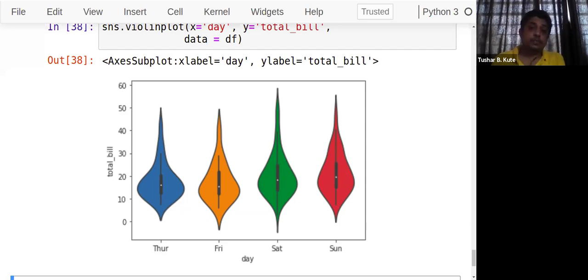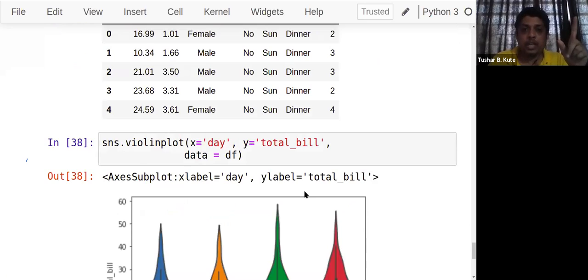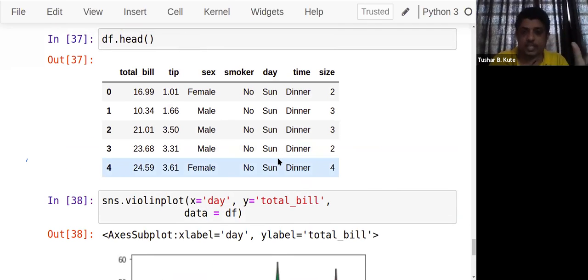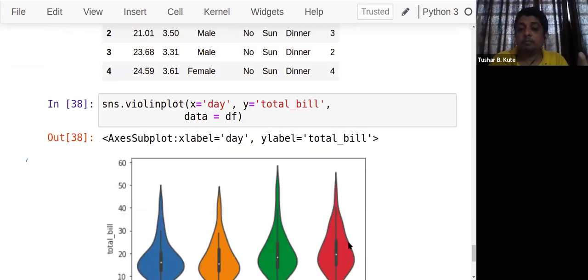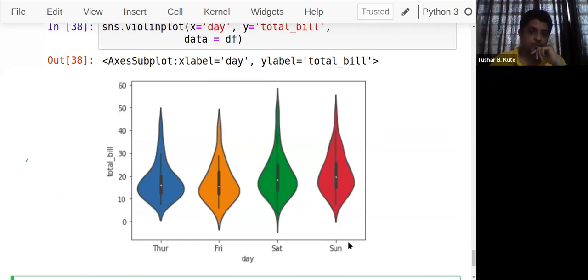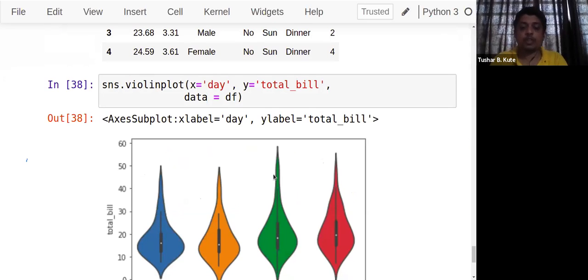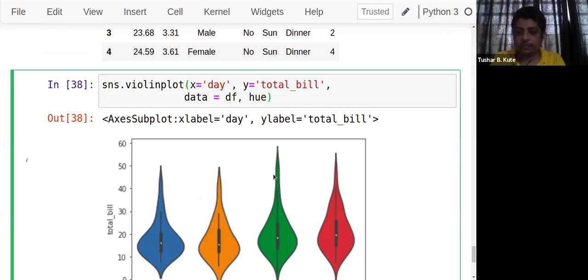Now, under it, if I want to have a categorical variable, now I have to separate it. I want to separate this. Let's again focus on one more variable I'll add. According to sex, male and female, I want the violin plot on different days. So in this data, the bill paid by male or female, how it is there, that I can add. So I can add a parameter here called hue, just like in box plot we have seen. It is sex.